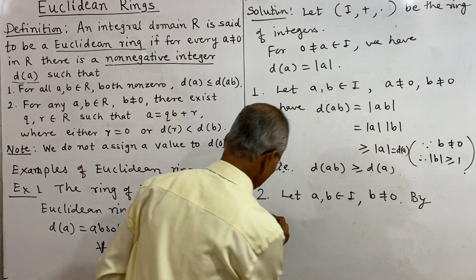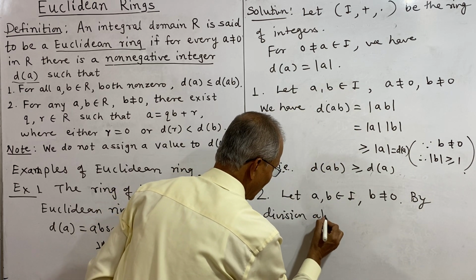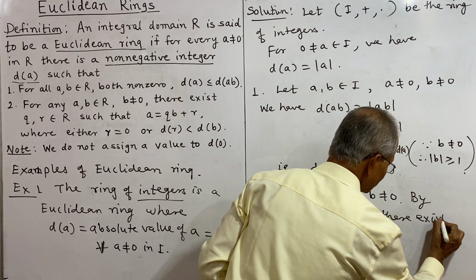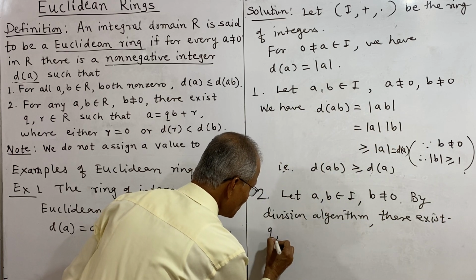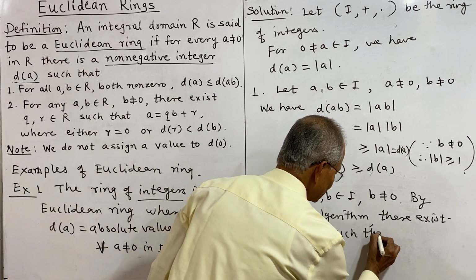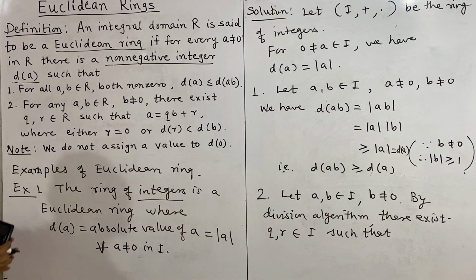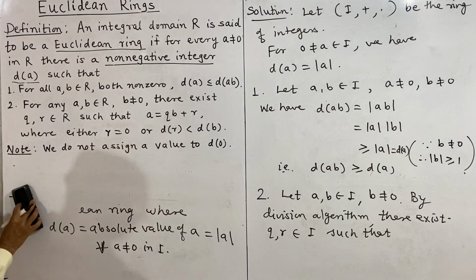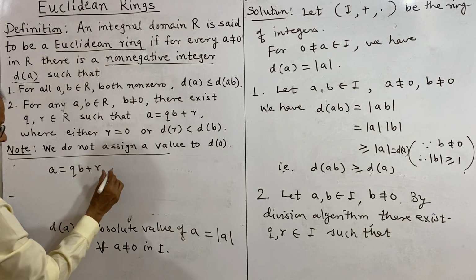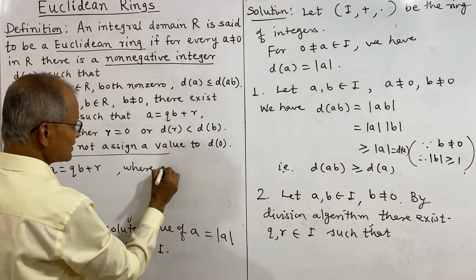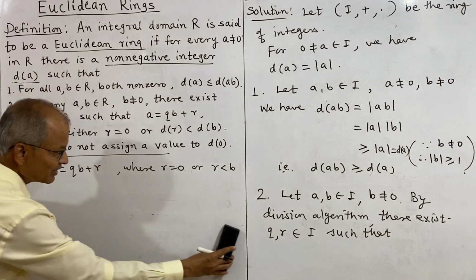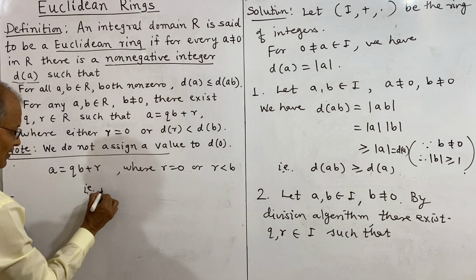By the division algorithm there exist integers q and r, quotient and remainder, belonging to I such that a is equal to qb plus r, where r is equal to 0